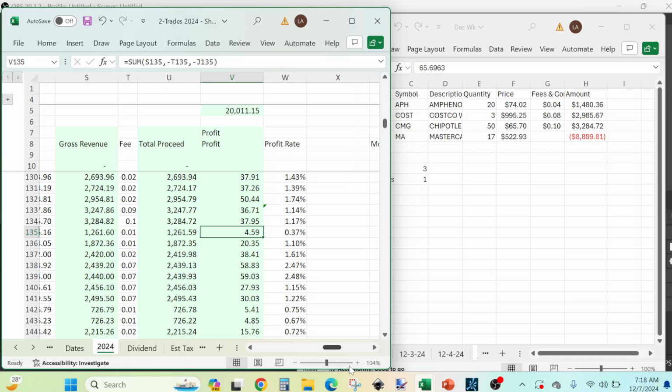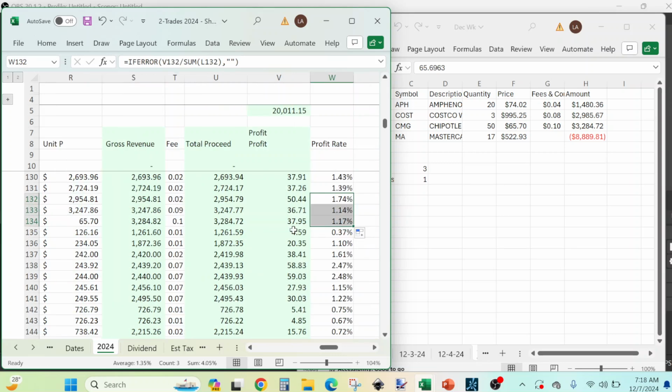The profit divided by the cost. Okay, so $37.95. We will keep it like that. I don't know why this one is, let's see. Okay,